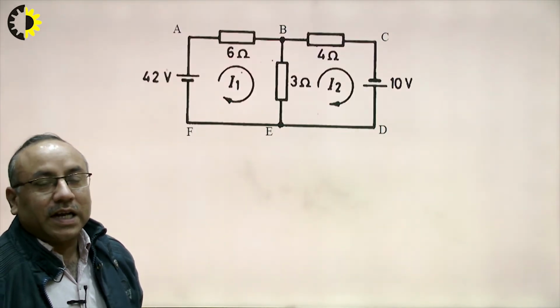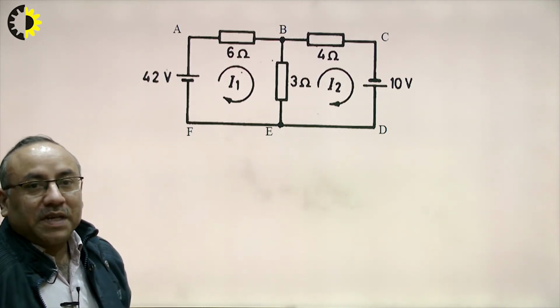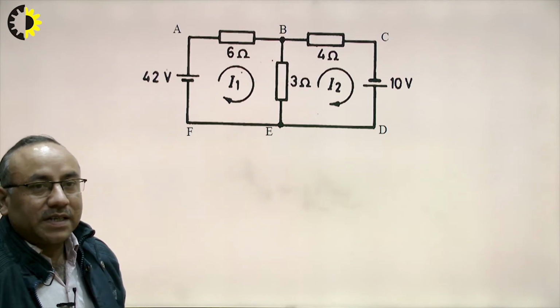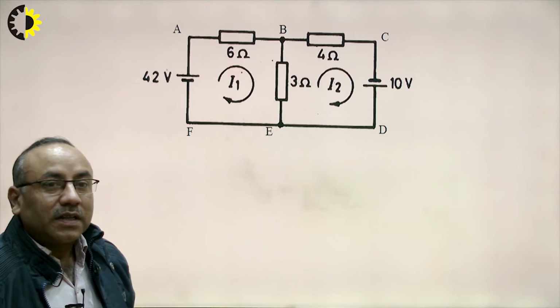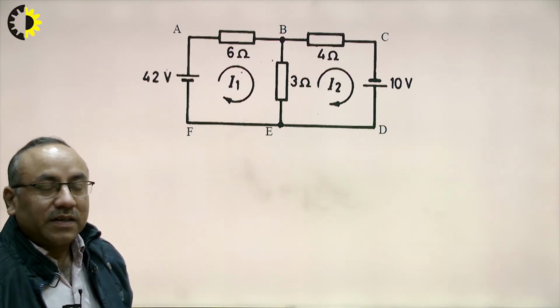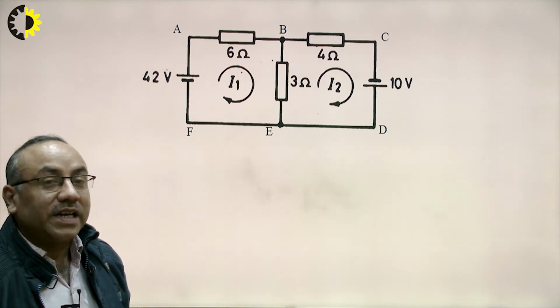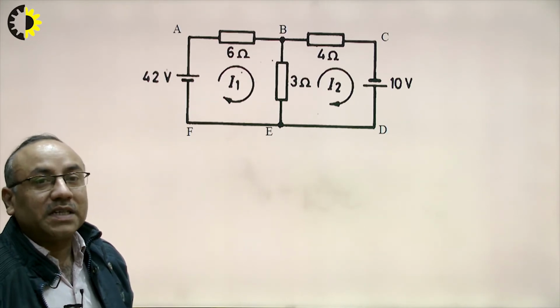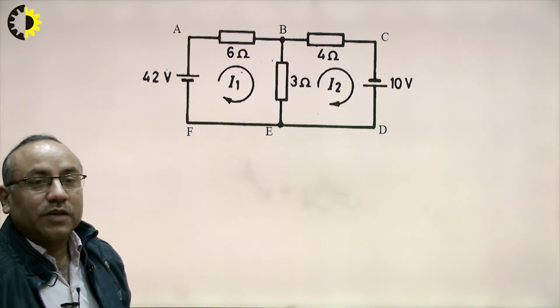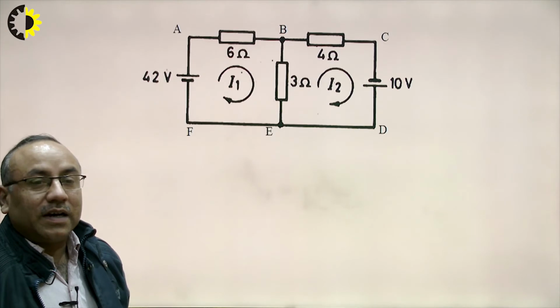So, now we analyze the given circuit. If we label it A, B, C, D, E, F, that is a complete circuit. It contains two meshes. Mesh number 1 is A, B, E, F, A, which is a closed path, and on seeing it we find it is the smallest closed path in this loop. Similarly, the second mesh is B, C, D, E, B. So, these are the two meshes available in this circuit.